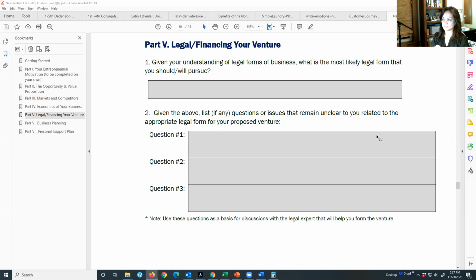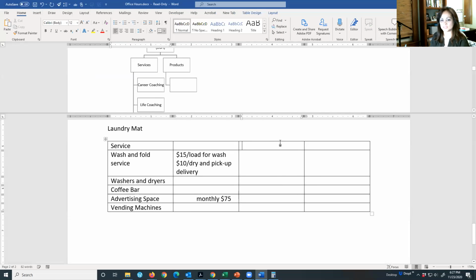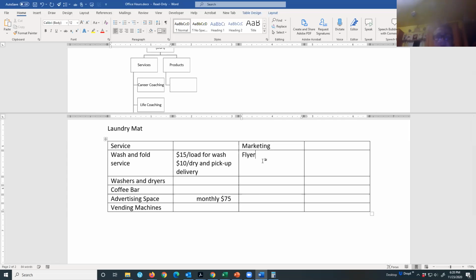Yep. So Kelly, you'll have to look and see what organizations in your area, within that 20-mile radius, you can target for contracts. So that will be part of your marketing plan. That's right. So these little squares that I want you to fill out, this could be your marketing plan, how you will actually target them. So for the bed and breakfasts, those can be flyers, right? Yes, ma'am. So flyers, and then for your B2B people,